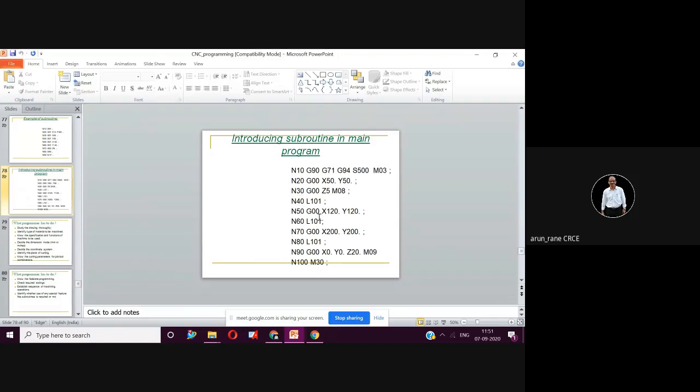So in the main program, you are given a rapid command G00 X120 Y20. Since the tool is at the bottom itself, and since this is rapid, it tries to move rapidly, so either the tool will break or the workpiece will break, whichever is weak. So that care you have to take. This is actually the disadvantage when you are flipping between incremental and absolute, that is G90 and G91. So you should be very careful.